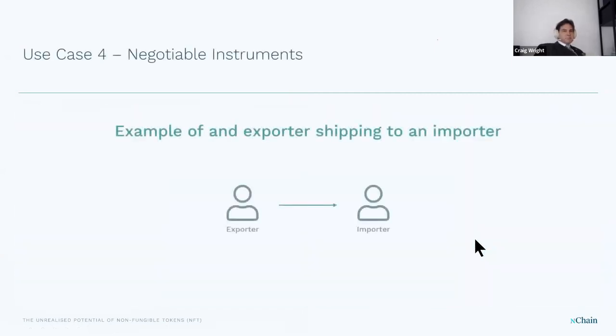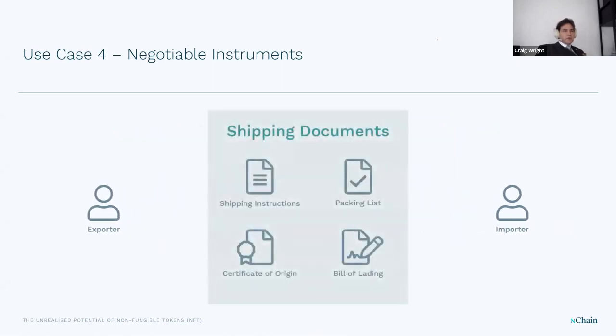Now, the next one is one that most people don't think about, but is very important: exporting and shipping, importer, exporter, etc. It's an area I've done a lot of work in. Part of my studies, when I did my MSc on banking and my LLM in international commercial law, all evolved around EDI and bills of exchange. It allows all of the shipping instructions, packing lists, certificate of origin, bill of lading, everything to be handled